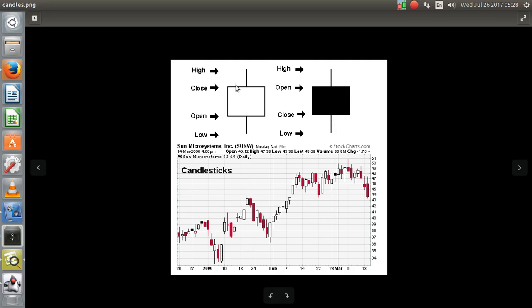Okay, shadows are part of the candlestick as well, and they form a very important part of the candlestick. Now, just to give you a quick look at how effective candlesticks are,